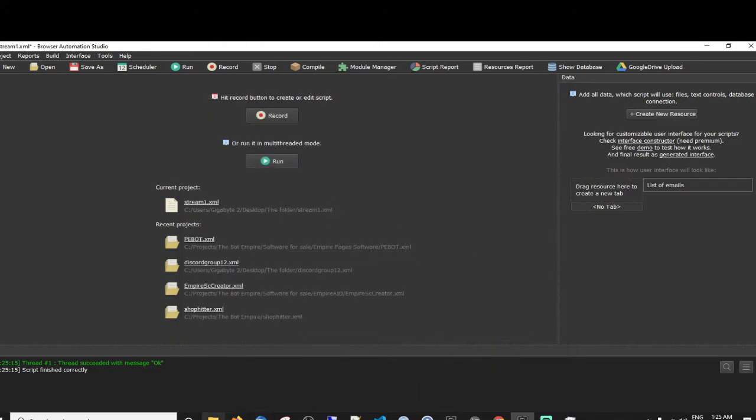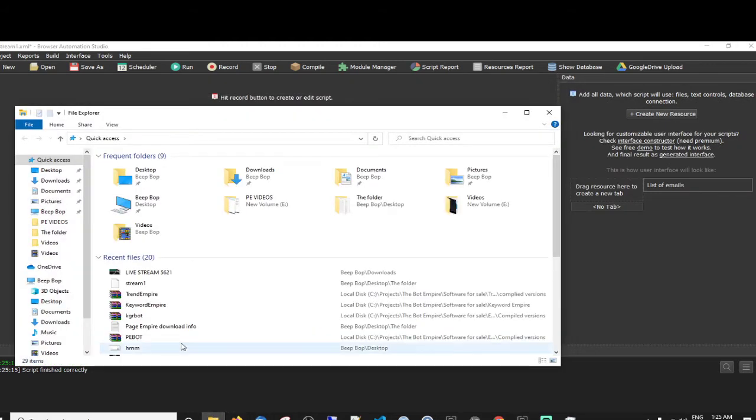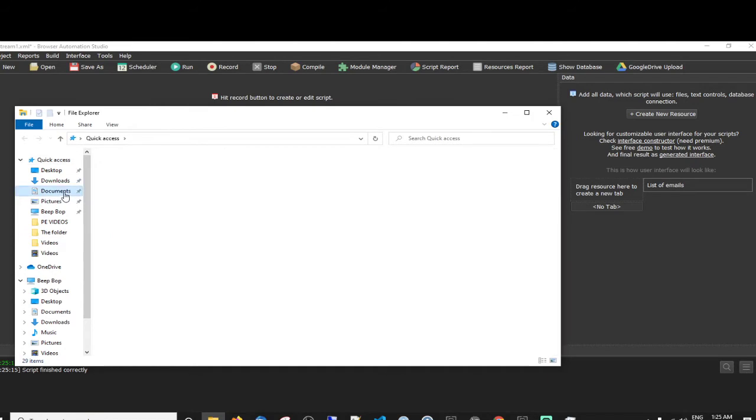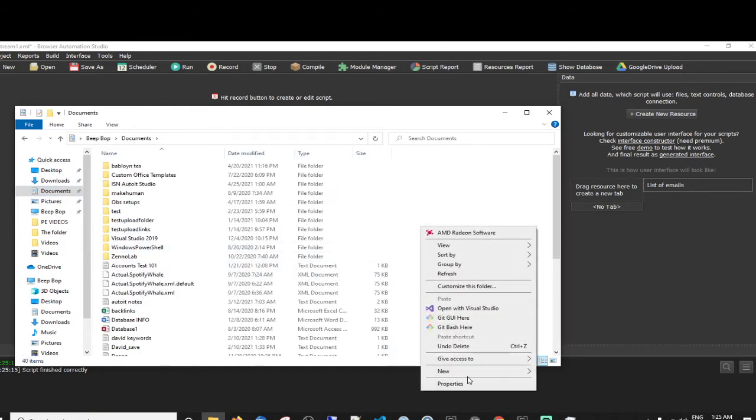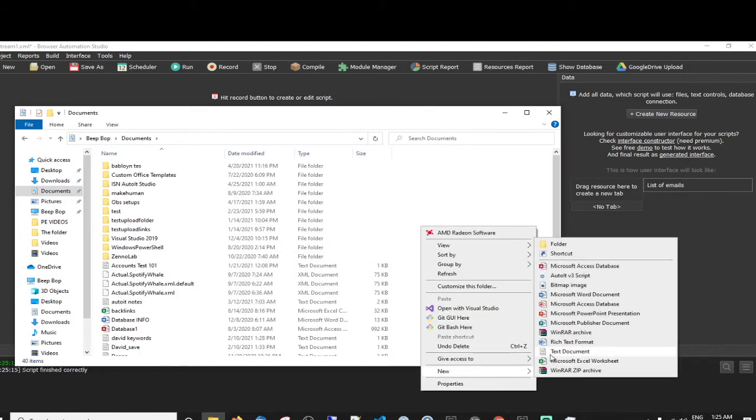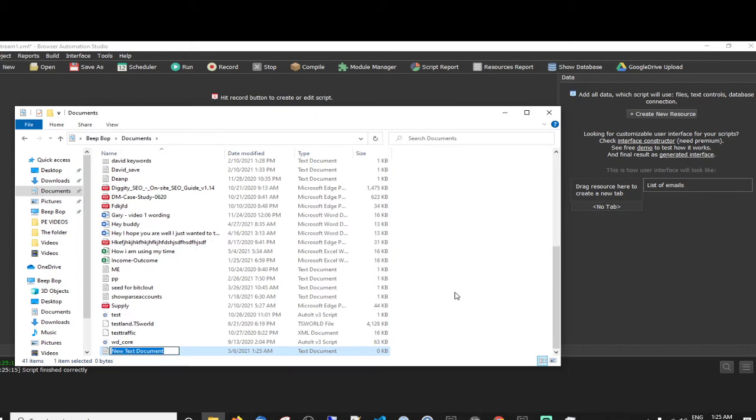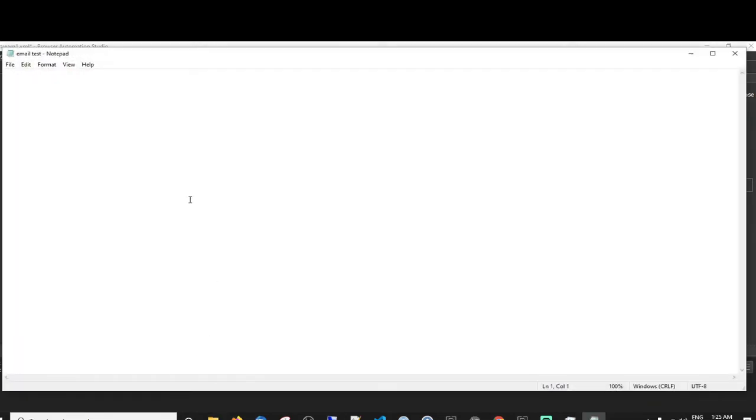And then let me just make a, let's put it in documents and just put new and then text file. And then this could be email test. And then we could have gmail.com. And then blah, blah, blah. Right, just say that these are emails.